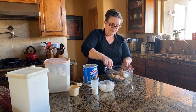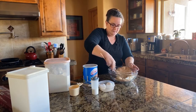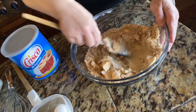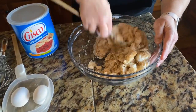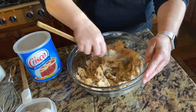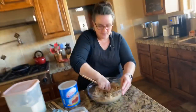So what we're going to do is we're going to mix the brown sugar and the white sugar together, the best, like that. And then we're going to start smushing in the Crisco. So you're going to take and just push it together. And as you can see, it starts to incorporate into the fat so that it becomes one ingredient instead of 3. And the reason you want to do this first is because this will give you the base for your cookies. And by putting these 3 ingredients together, then you'll have a perfect base depending on what other ingredients you might want to add. So now that you can see it's pretty well blended in together,